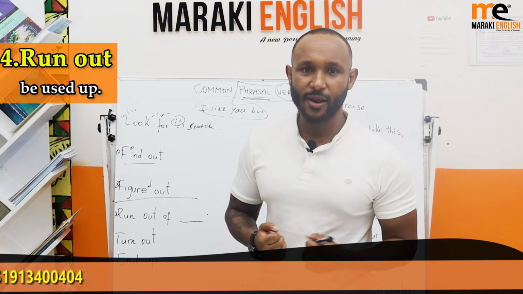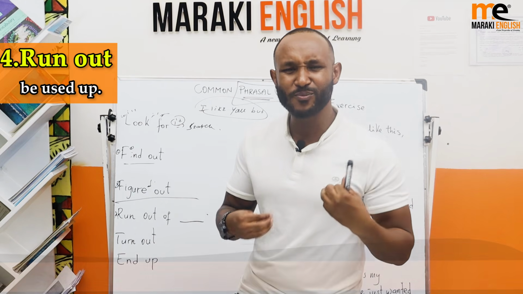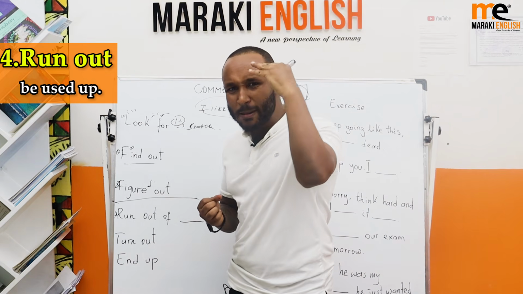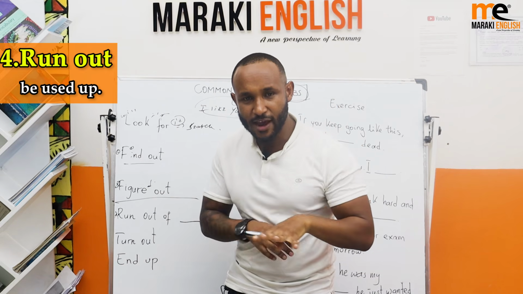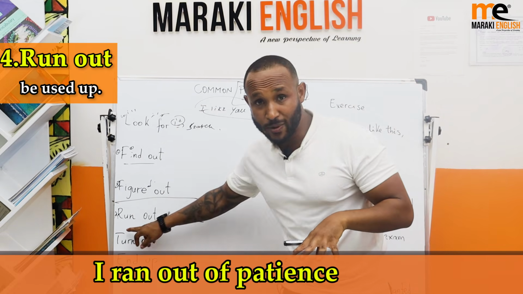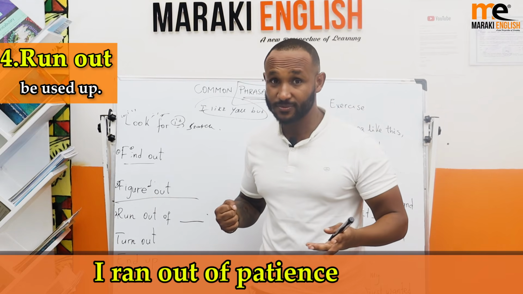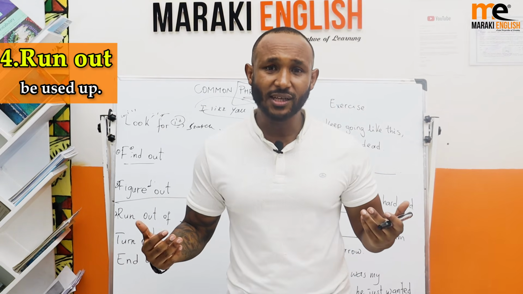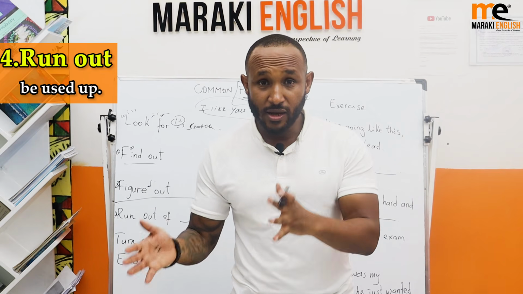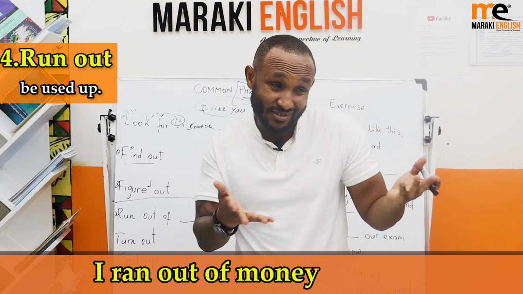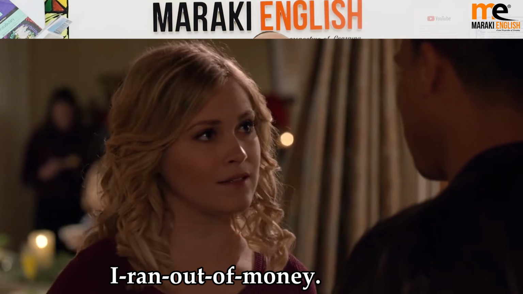Boom, I punched the guy. Why? Because he was just saying a lot of mean things. He was hurting my feelings and my patience. I finished my patience. I ran out of patience. And boom, I punched him. Okay? Man, you bought gifts for everyone but me. Why not? I'm sorry. I ran out of money. I finished my money. I don't want my money to end, but I finished it. I ran out of money.